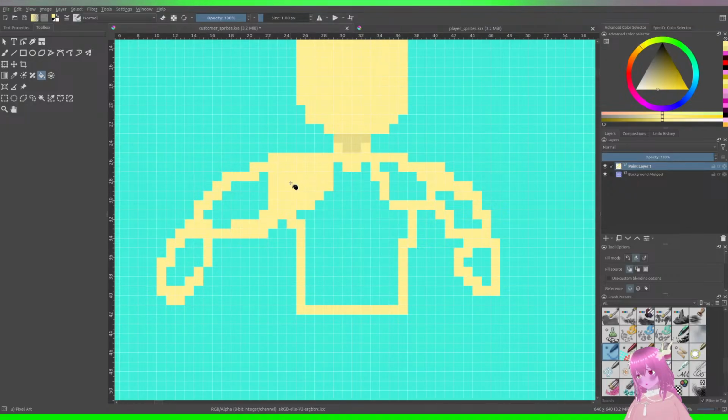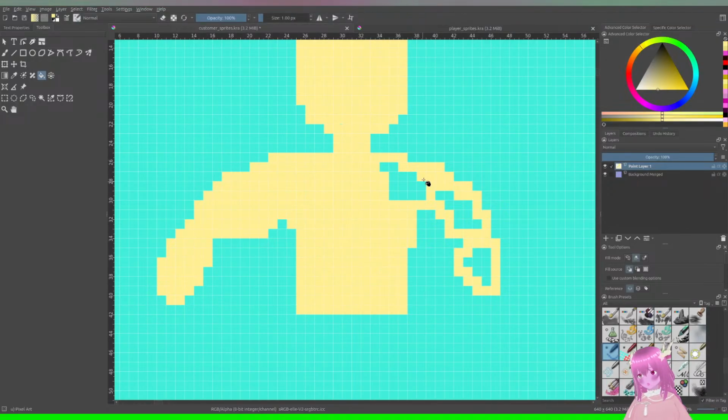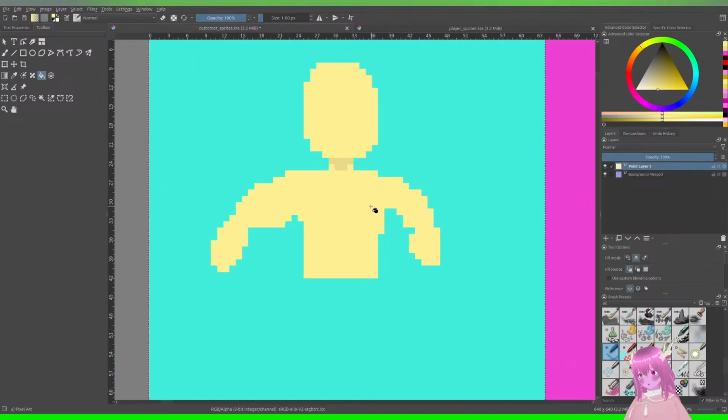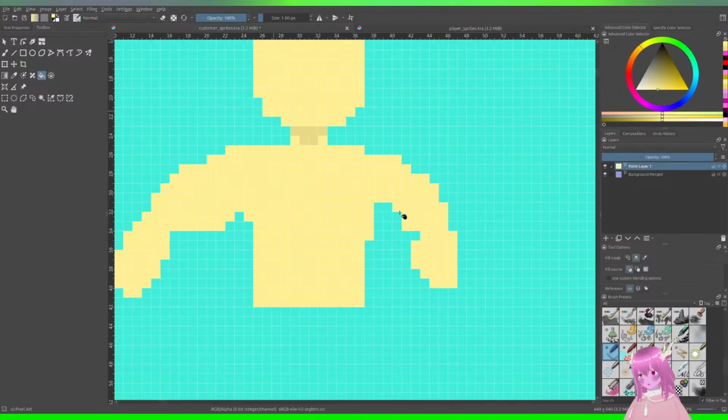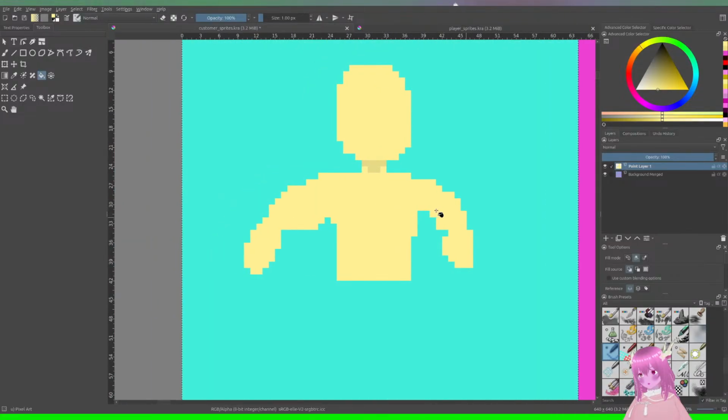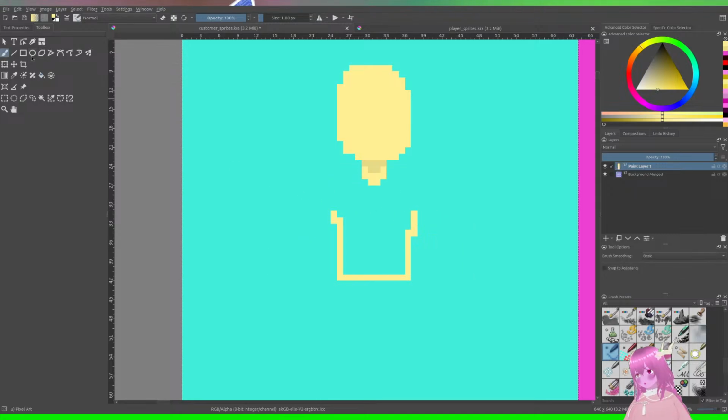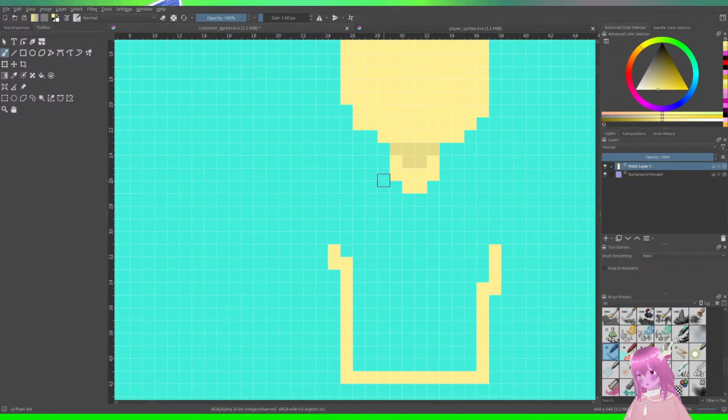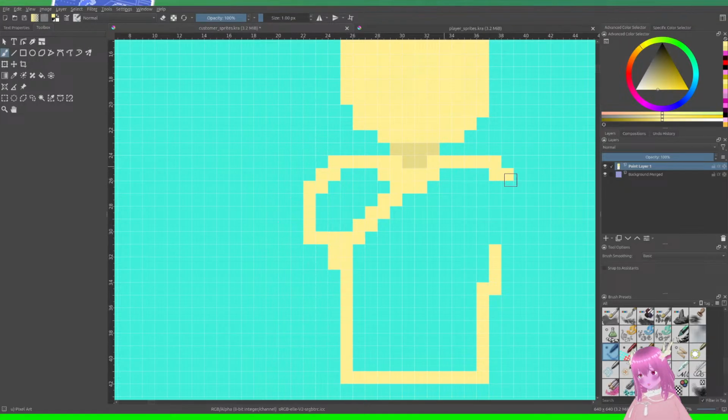Whoops. Why'd that fill that in? I wasn't supposed to fill that in. Whoa, why does it keep filling that in? Don't fill that in. No, that's too long for the arm, actually. So here's the shoulder. That's the shoulder, and then it's the same over here.